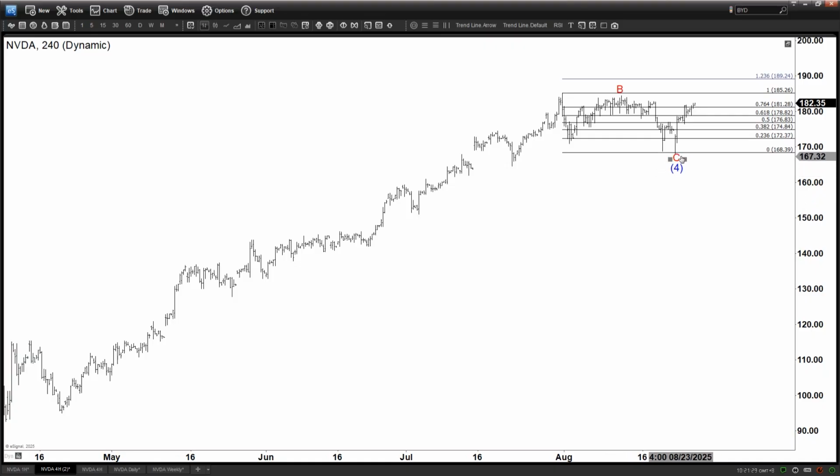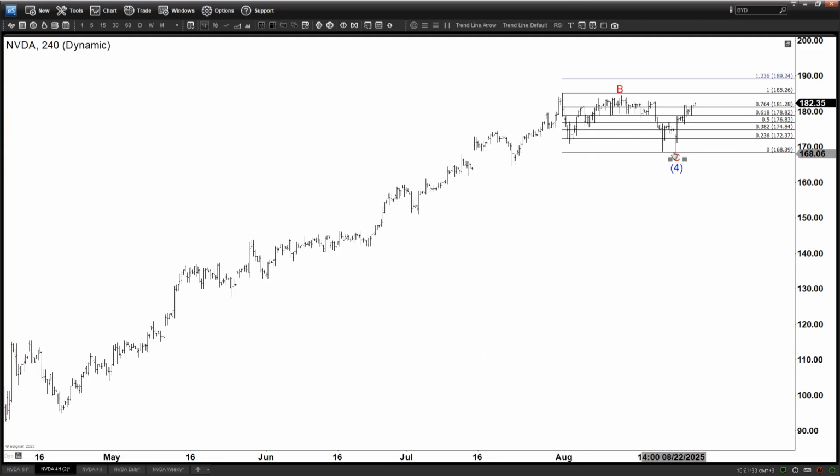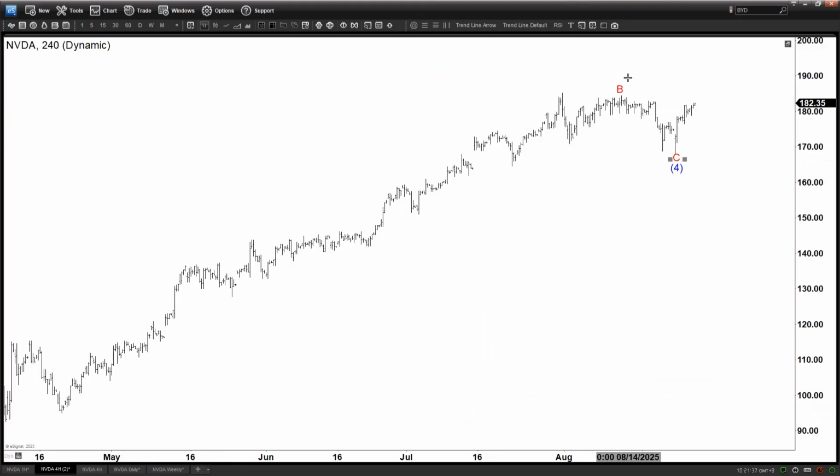All right, so here is the C and the 4, which is the same C and 4 right here. And that will mean this is the B, and then also that means the A is right here. So this wave 4, right, ended here as a 3 waves ABC, and we have not yet broken above the previous peak, which should be over here. All right. So in other words, as long as we have not broken above wave 3 here, what happens is